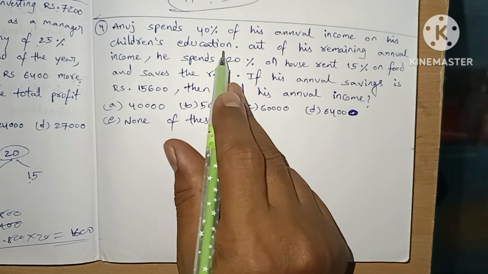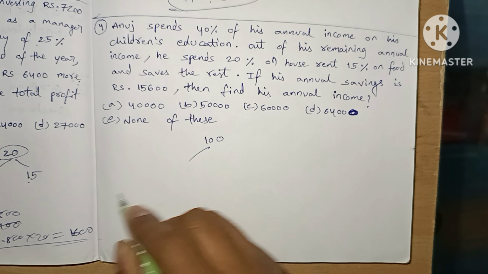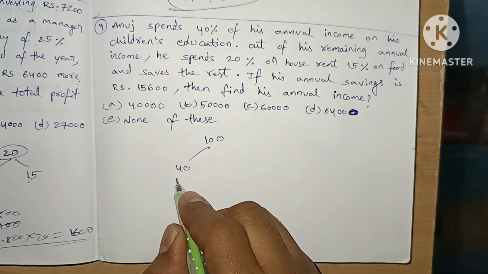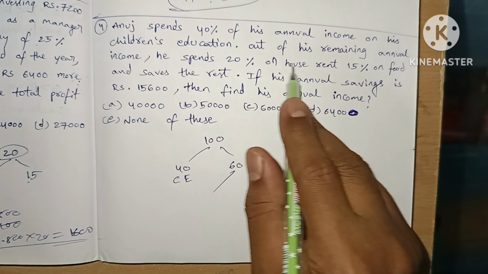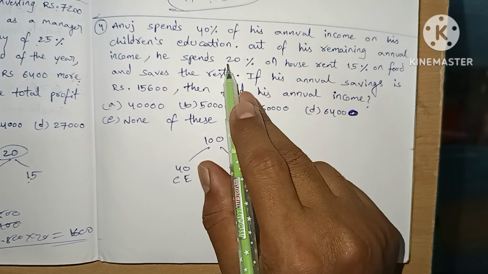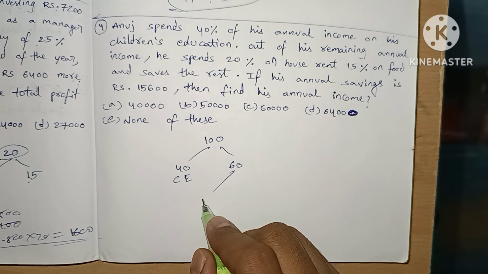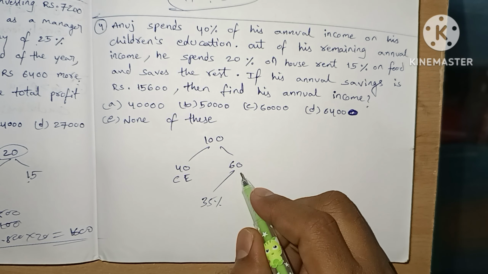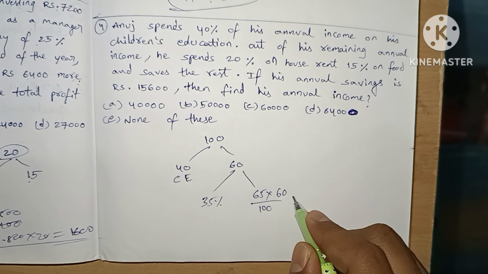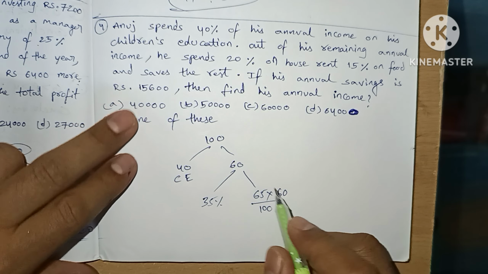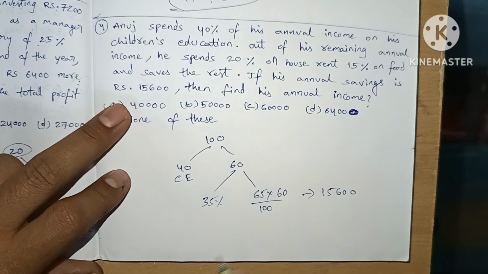Question number 4. Anuj spent 40% of his annual income on his children's education. Let the income be 100, and he spent 40 on children's education. Out of the remaining 60, he spent 20% on rent and 15% on food. Total 35% is completed, remaining with 65%. 65 into the remaining is his savings. If his annual savings is 15600,